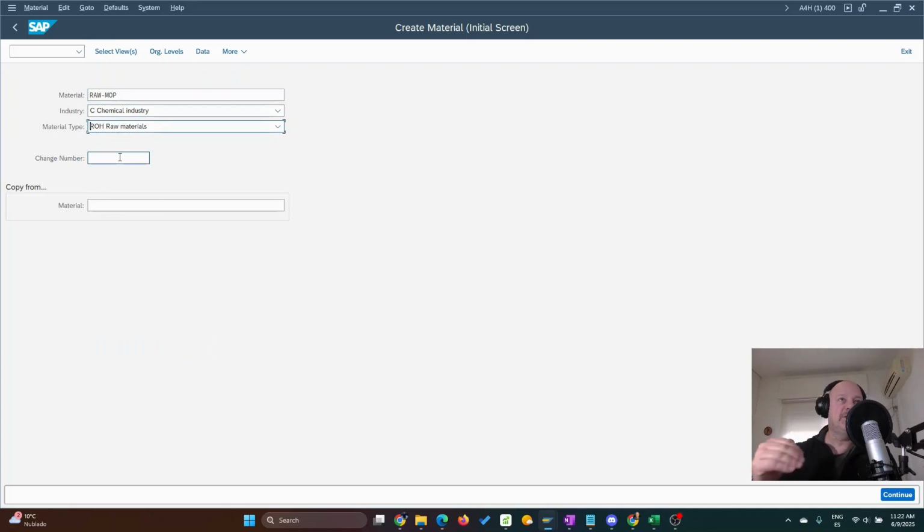Keep in mind that we can configure a copy of this raw material, do some changes. But in this case, we're going to be using this pretty standard. So let's use one of the other raw materials, for example. Then we just need to put here the material we want to copy from. So this is the new raw material we're creating, and this is the raw material that was already created. Then it's just a matter of